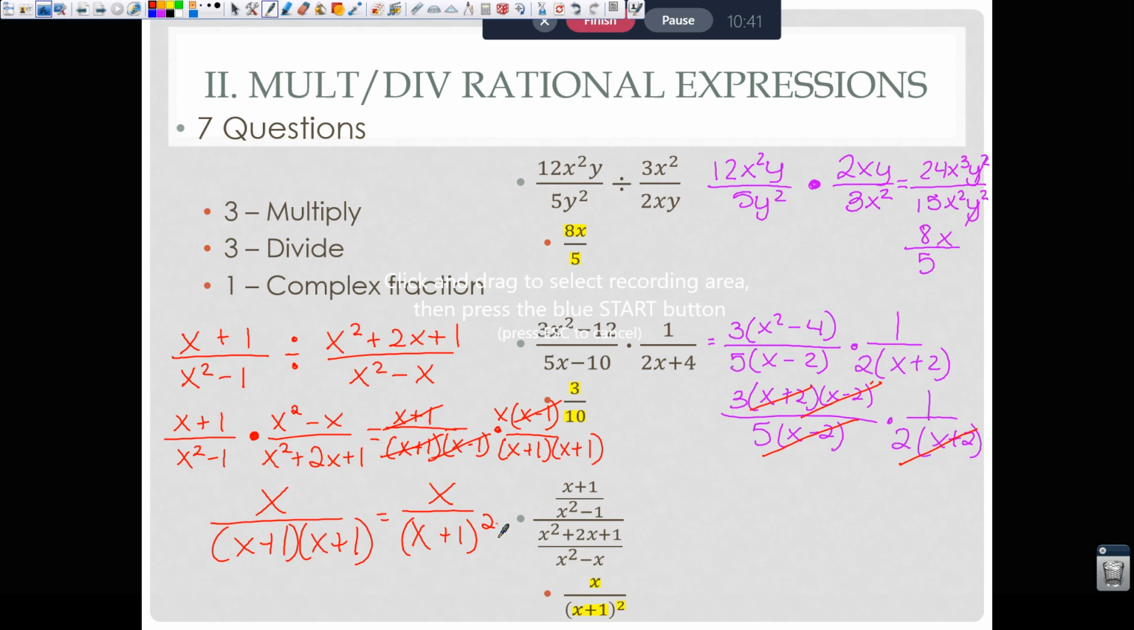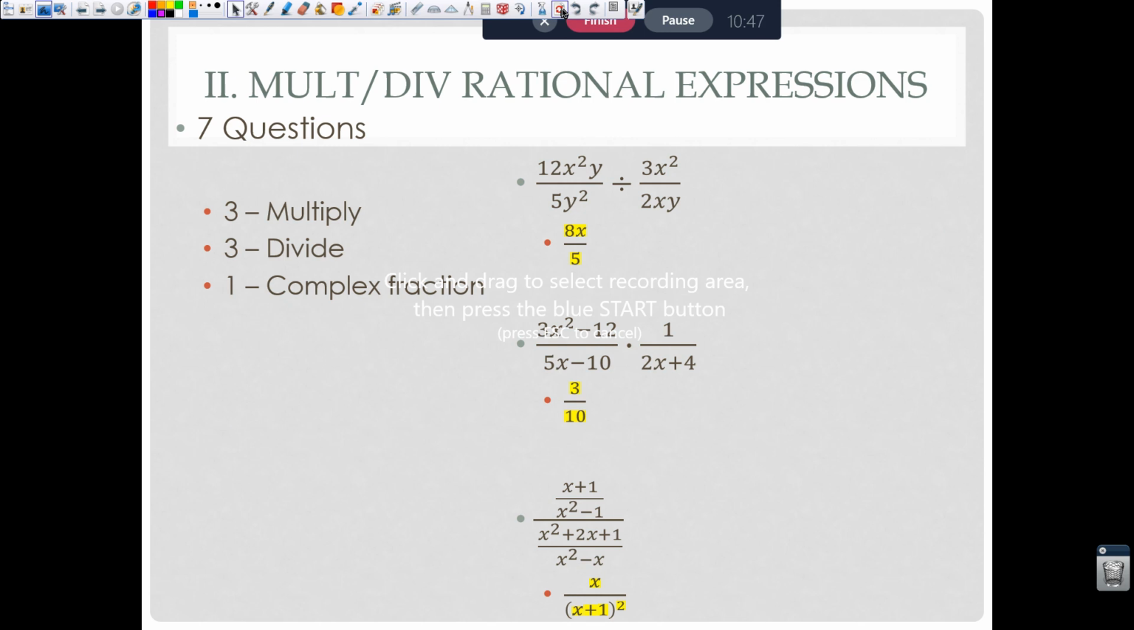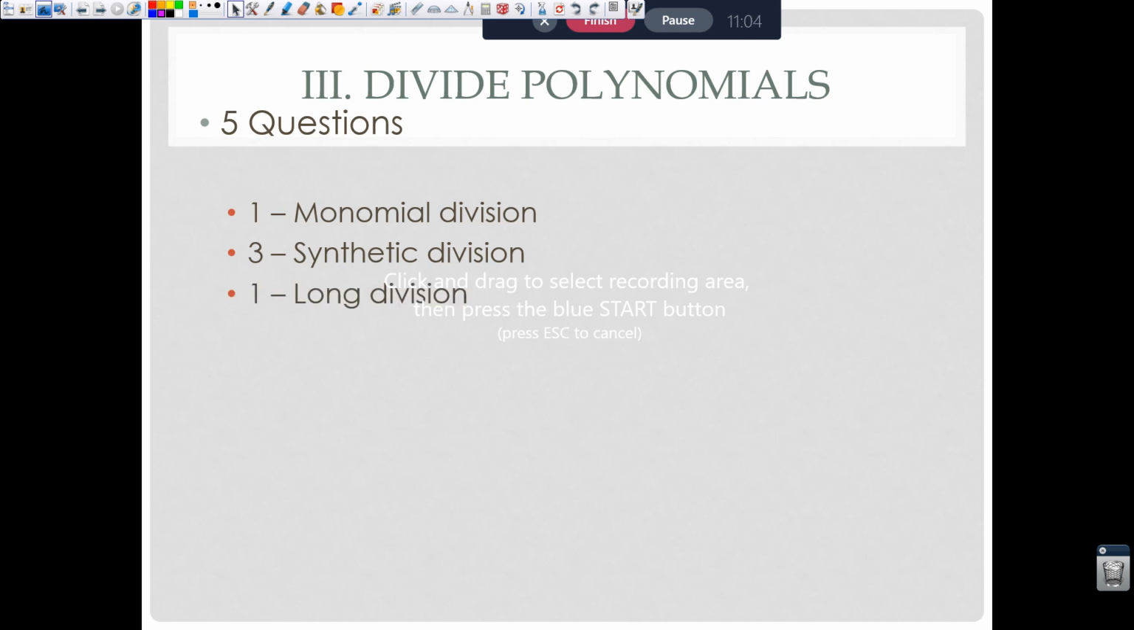So that is multiplying and dividing rational expressions. Now we're going to go into dividing polynomials. We're going to have 5 questions on dividing polynomials. One in which we're dividing by a monomial, three in which we're using synthetic division, and 1 in which we're using long